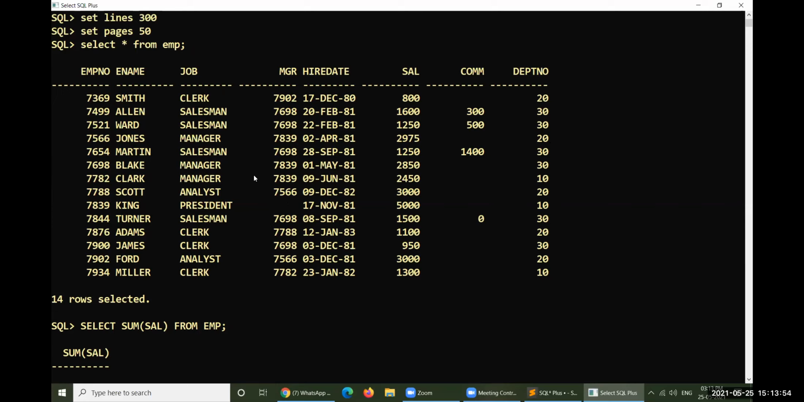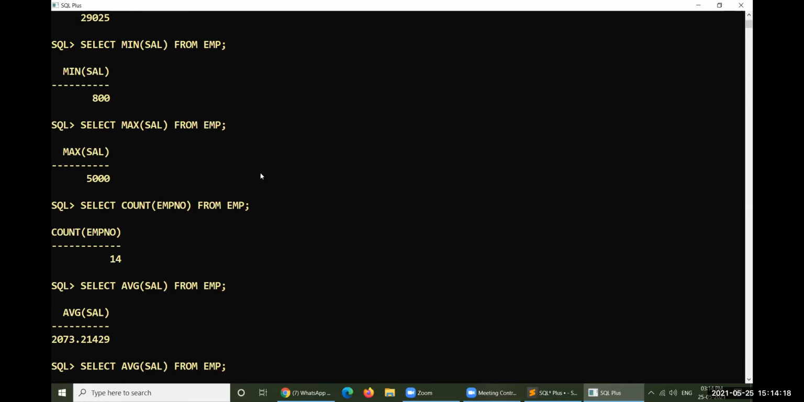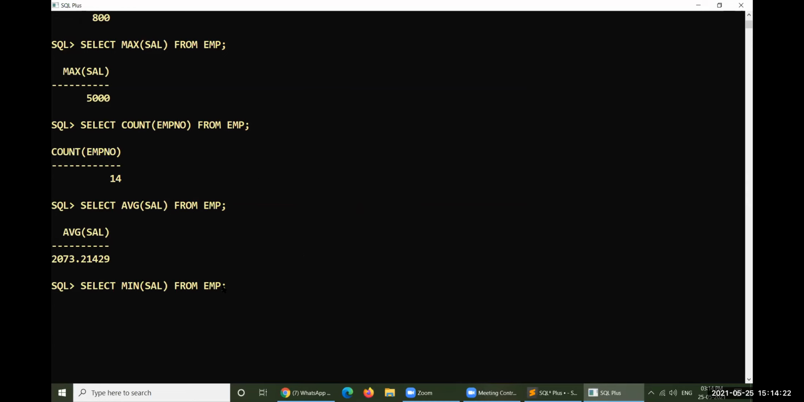What is the minimum salary paid in department number 20? I'm not talking about the entire organization. In department number 20, what is the minimum salary? In department number 30, what is the minimum salary? Something like that I would like to identify. Okay, so look at this. That's pretty easy. Minimum of salary of EMP